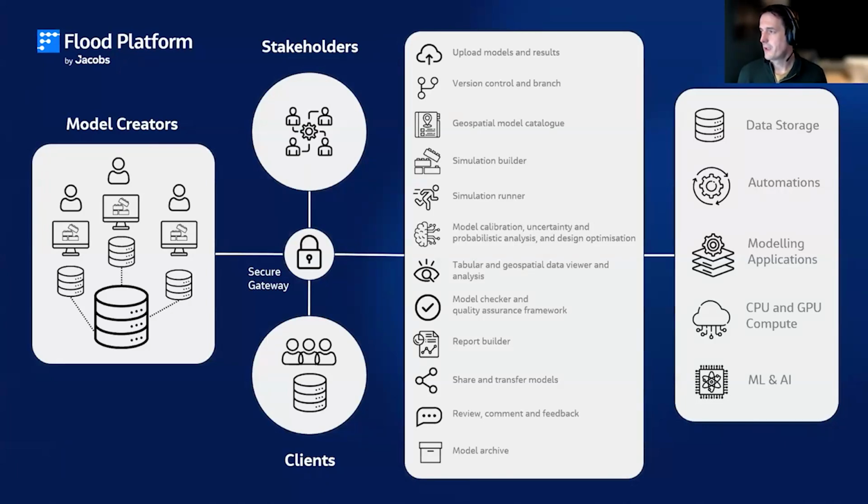And all this is underpinned by our cloud data storage, so effectively unlimited amounts of storage available to you, our automation of standardized tools, of standardized processes, those modeling applications I mentioned, Flood Modeler, TUFLOW, HEC, and SWMM, to be expanded. And the real great thing about the cloud, that ability to have that elastic compute capability, both CPU and GPU, you can scale that to your needs.